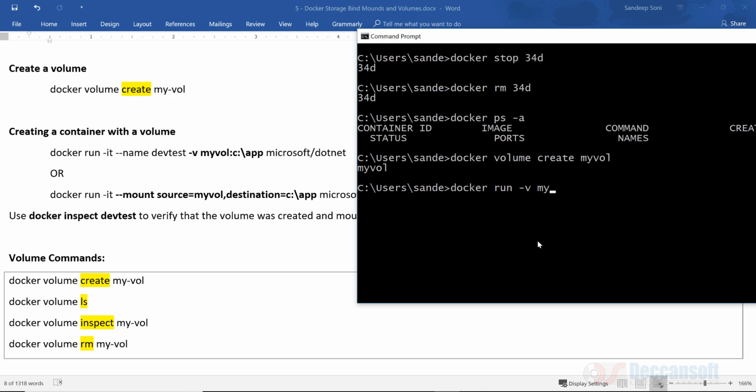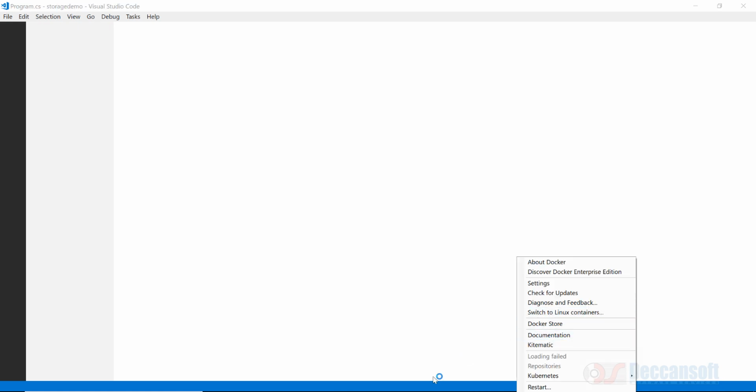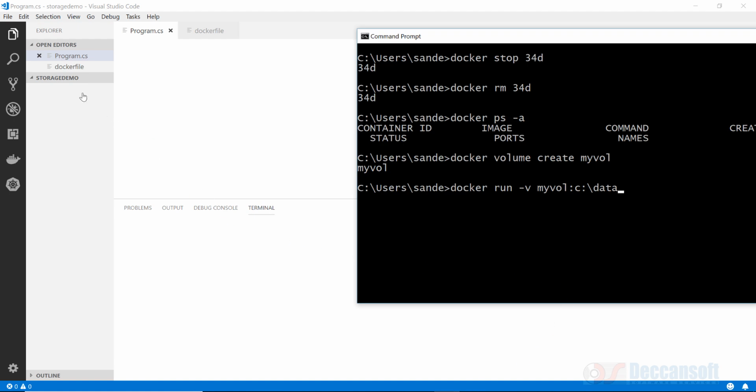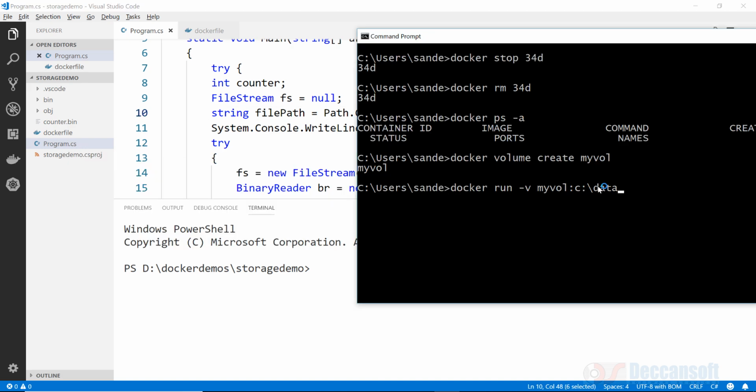-v and myvol, the volume which was created earlier. We gave that volume name, and colon, to which folder do you want to map it. So whatever name, let us say c:/ maybe mydata. We can actually look at the same project which we had earlier and try to do the same thing. First, is it Linux or is it Windows? Switch to Linux. That means right now it is a Windows container. So this is my project, and here I am expecting the folder by name mydata. So I would like to map it to mydata,